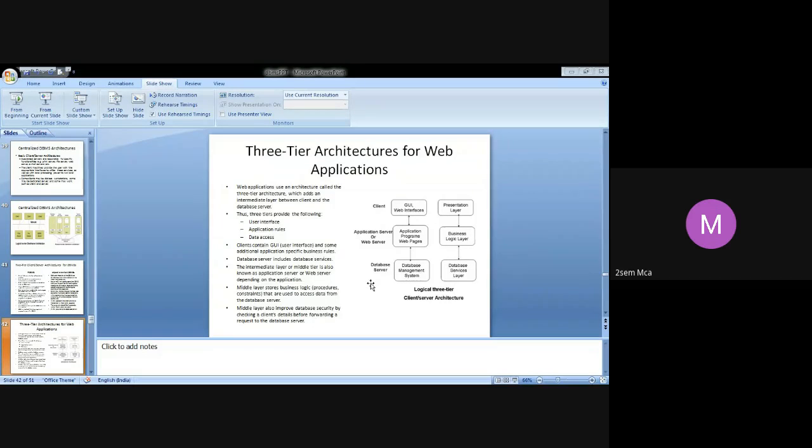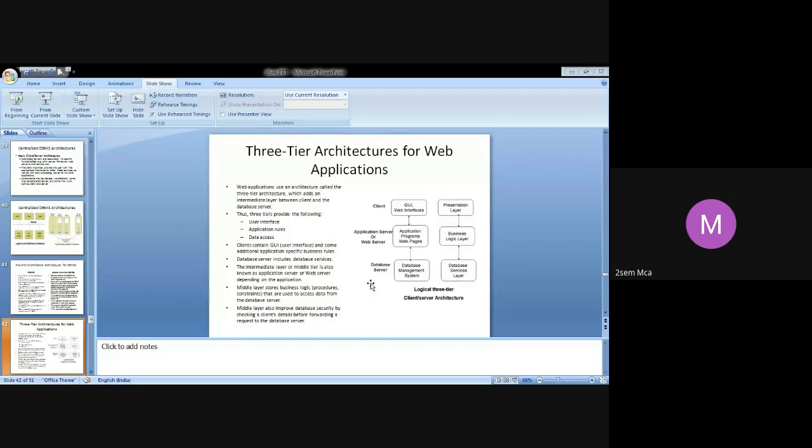Business logic layer, you have one layer there called a business logic layer. What does that do? This business logic layer handles the intermediate rules and constraints before the data is passed up to the user or even down to the DBMS. That means if there are any constraints on the data, any rules to be applied onto the data, before you give it to the user, it will look into it. Or whatever you are getting from the user, before you give it to the database, there also it will take a look into it.